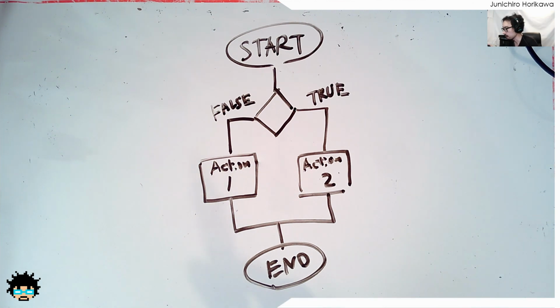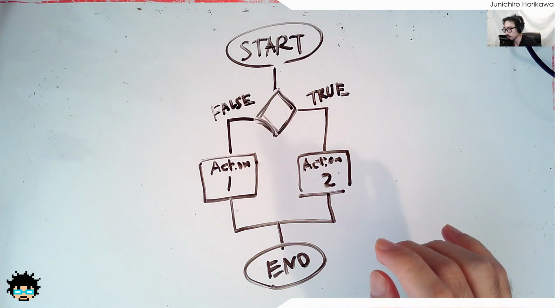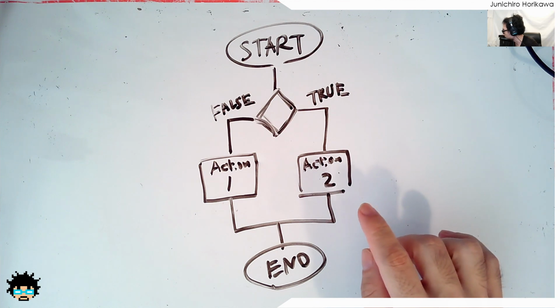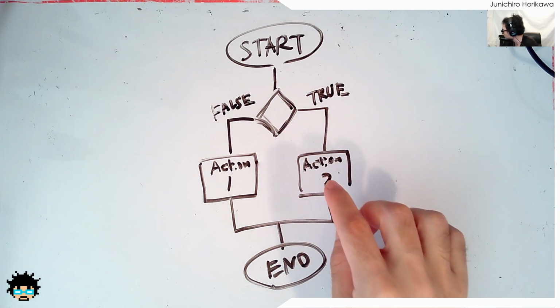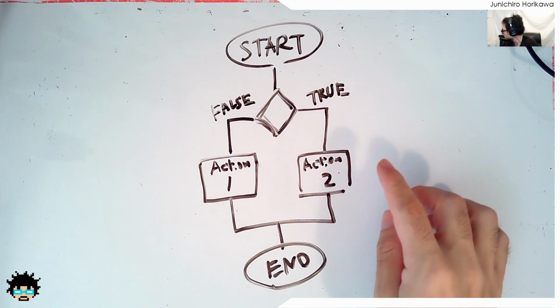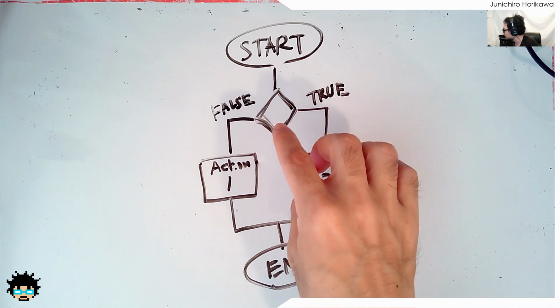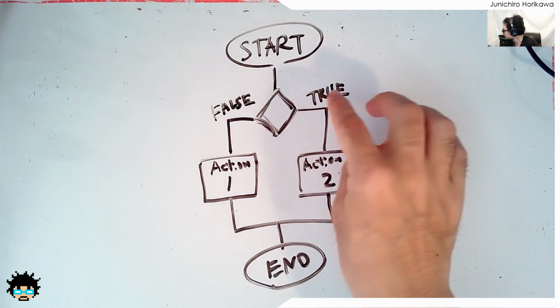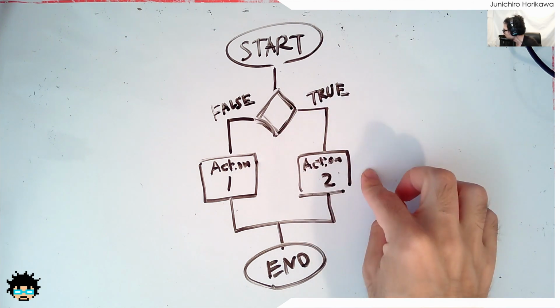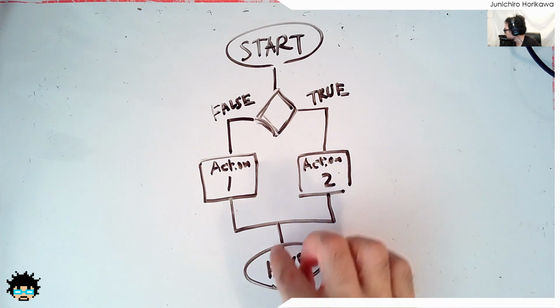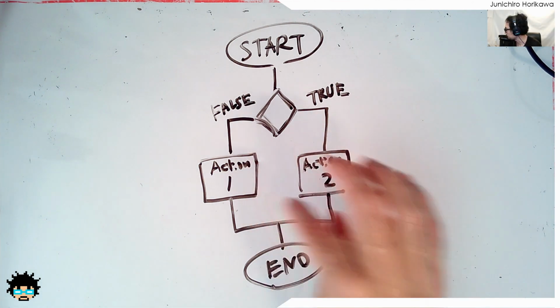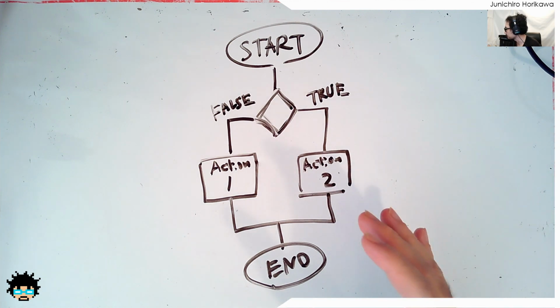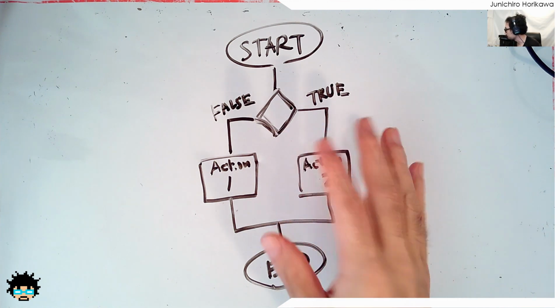A conditional is one of the features of programming languages which can be used to perform different kinds of computations using conditions. And this is the basic flow diagram for how a conditional works. This rhombus shape is where you evaluate the conditions, and when the condition's result is false, you run action 1. If the result for the condition is true, then you perform action 2, then go to an end. This diagram shows only 2 branches, but you can have as many branches as possible using more complex conditions,